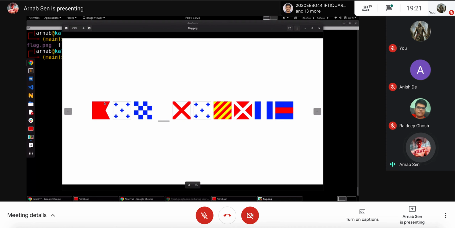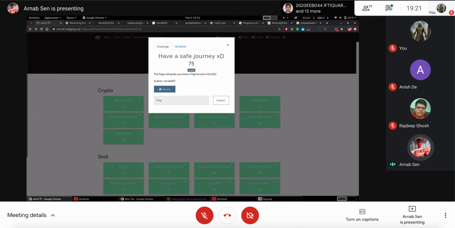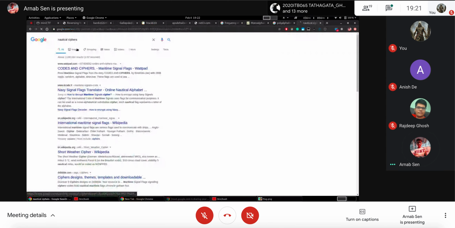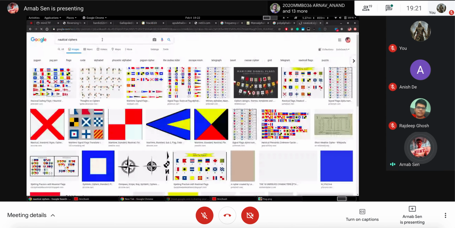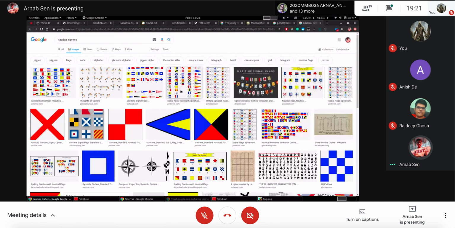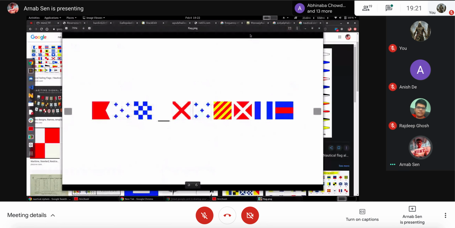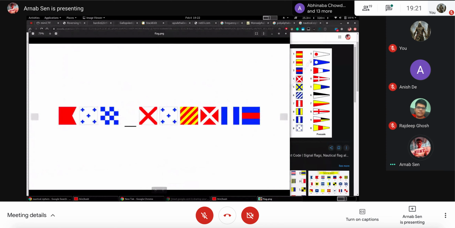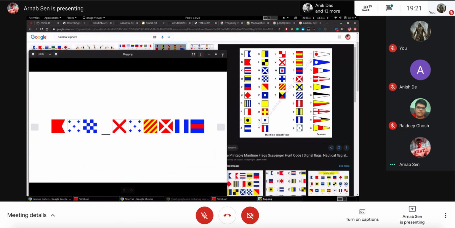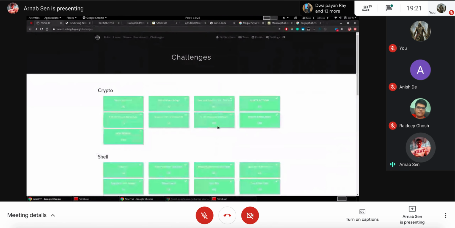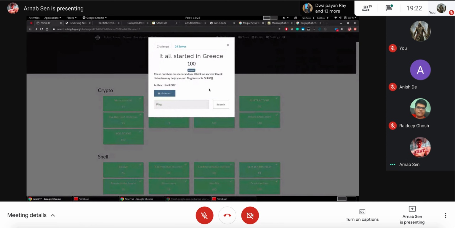Yeah, this one was the question with the nautical cipher. Even I think I can just Google it online. Nautical ciphers. Not all the images were actually working. I think this one worked for me. Yeah, so this one is a cipher. You can actually see there is a huge resemblance with this. So this should work, right? I'm not adding these ciphers in the list because I don't think it's worth wasting time on this stuff.